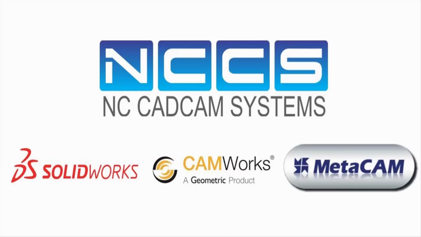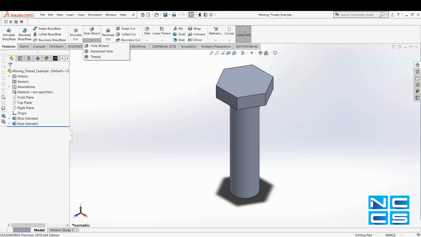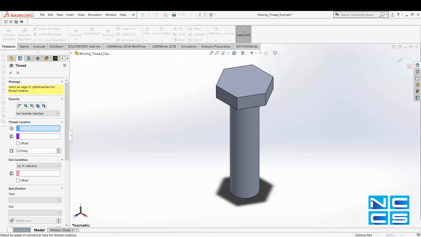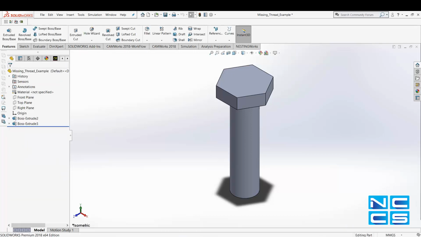Today we will go over what to do when certain files are missing, in this case thread profiles. As you can see on the screen, when we try and insert a thread to the part, all profiles and sizings are missing. So the first thing we're going to do is to check where Solidworks is trying to read